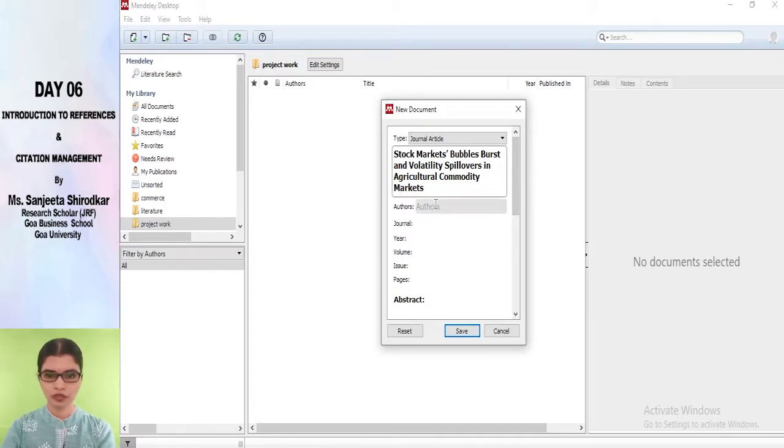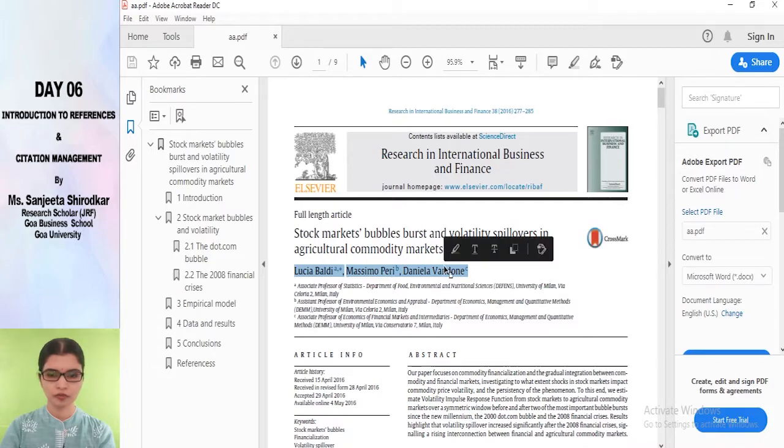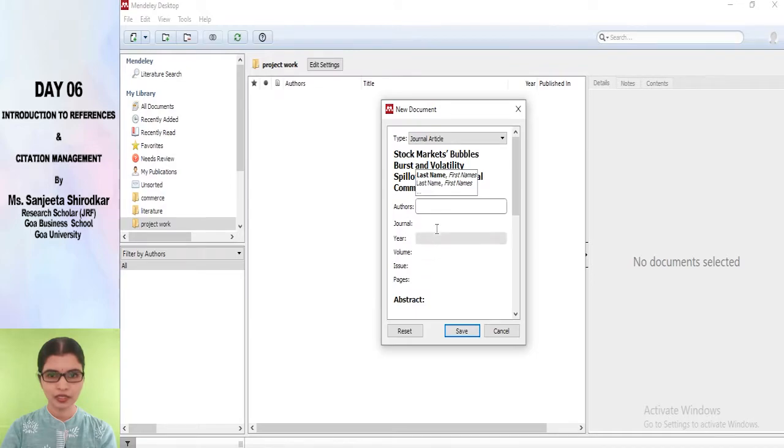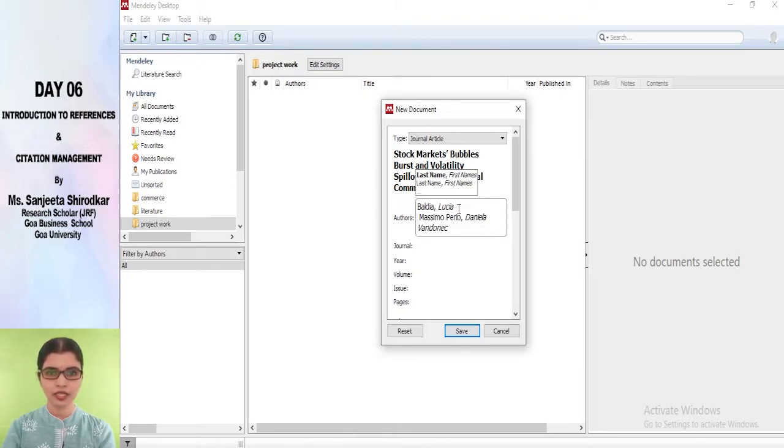Thereafter you go to the research article again, copy the names of the authors, come back to your Mendeley and paste it. Now there are certain marks over here, so you delete those marks, and once one author's name and surname is entered, you press enter, then move on to the next author.